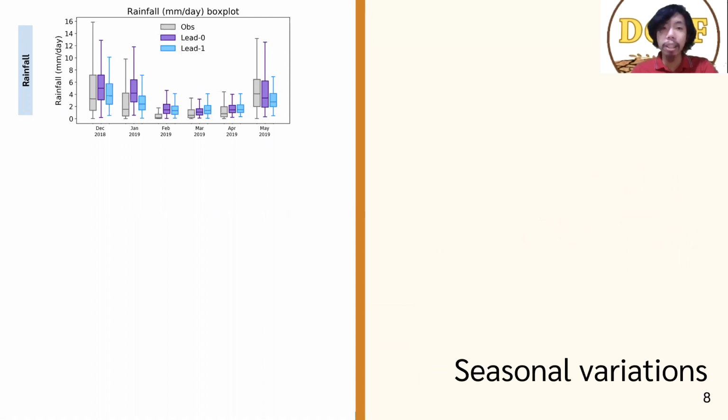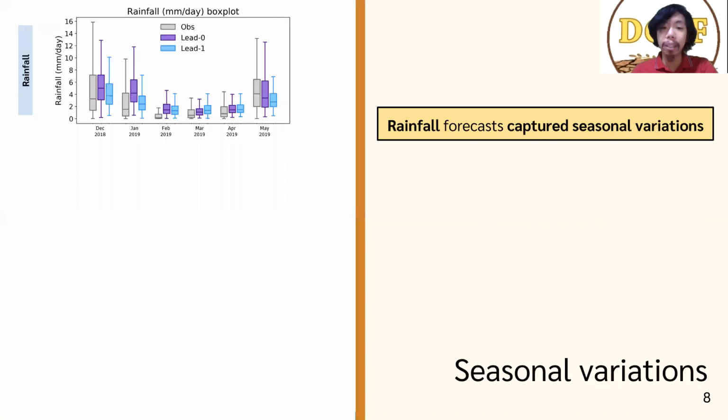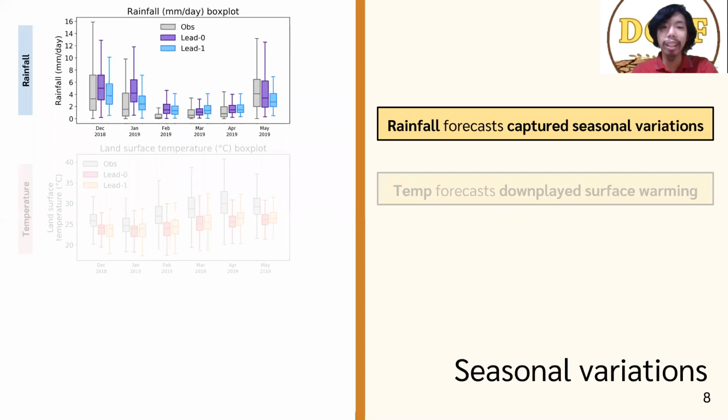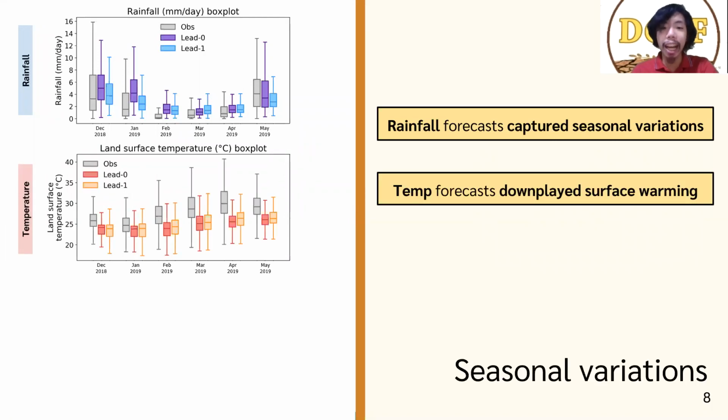We have the rainfall box plots from the observations, lead 0, and lead 1-month forecasts, which all peaked during December, then died down during the dry season and recovered in May. Temperature forecasts, on the other hand, are evidently colder, missing the extent of the El Niño surface warming, but still